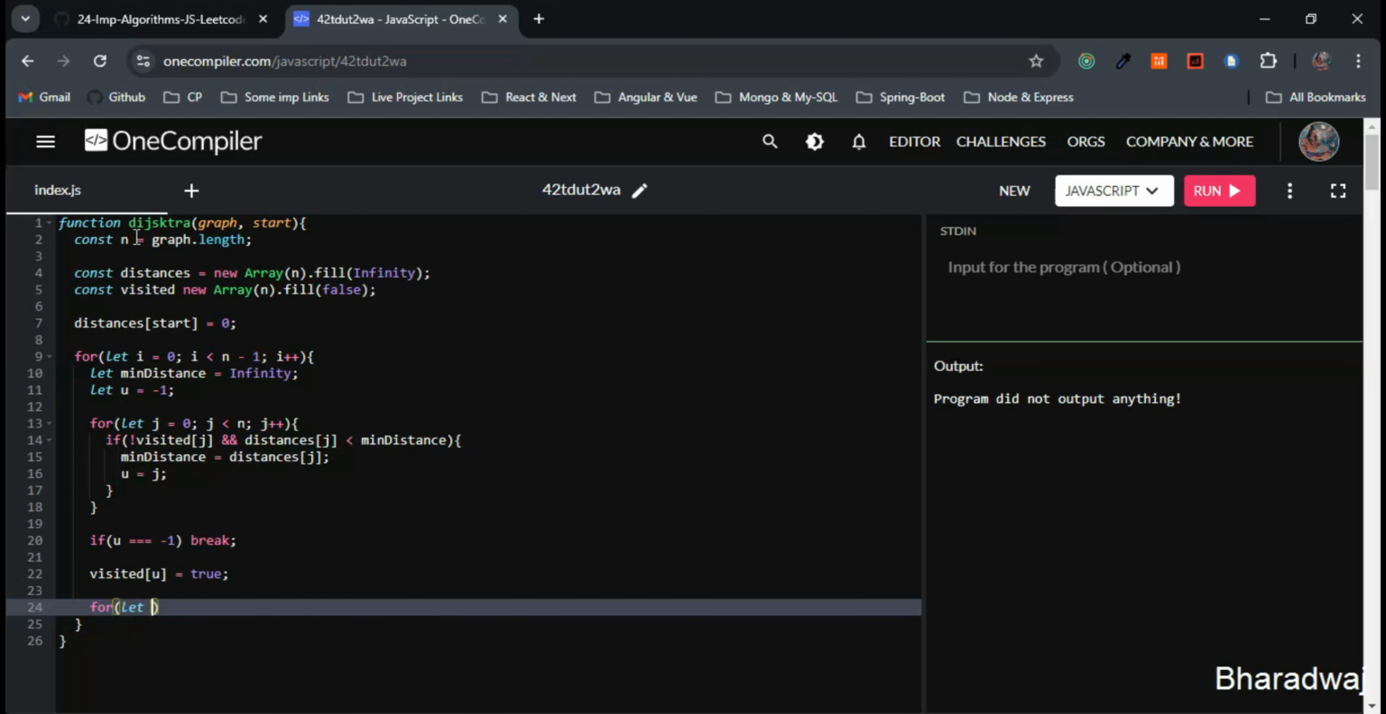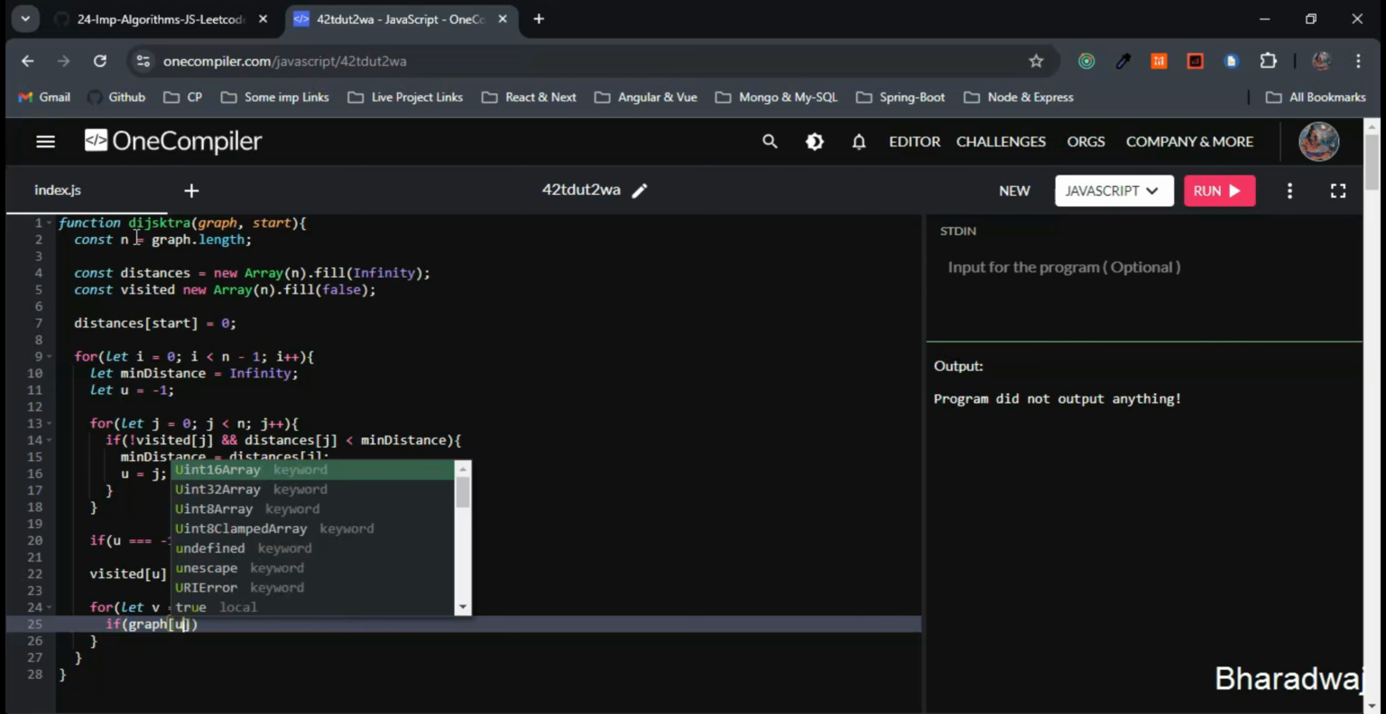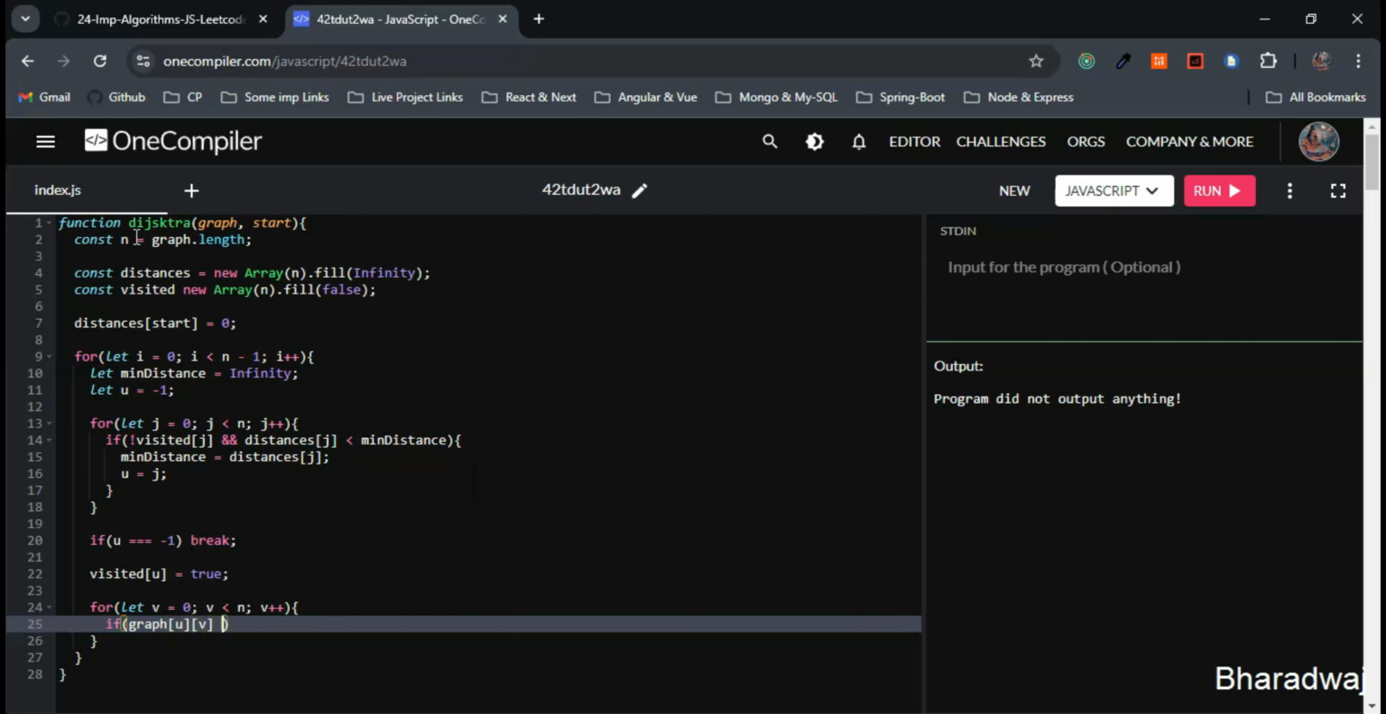So here this will be for let v equals 0, v less than n. So let me increment this one. Let's check if there is an edge from u to v. That is, graph of uv is not infinity, right? And v is not visited yet. So I can just write this one in this way. If graph of uv is not equal to infinity and not visited